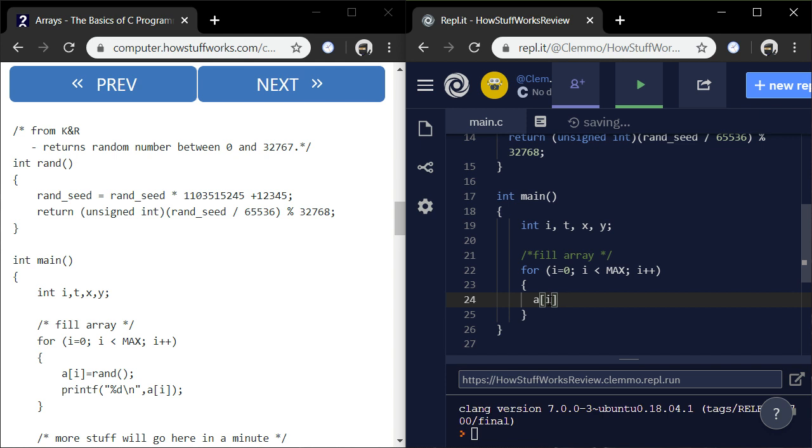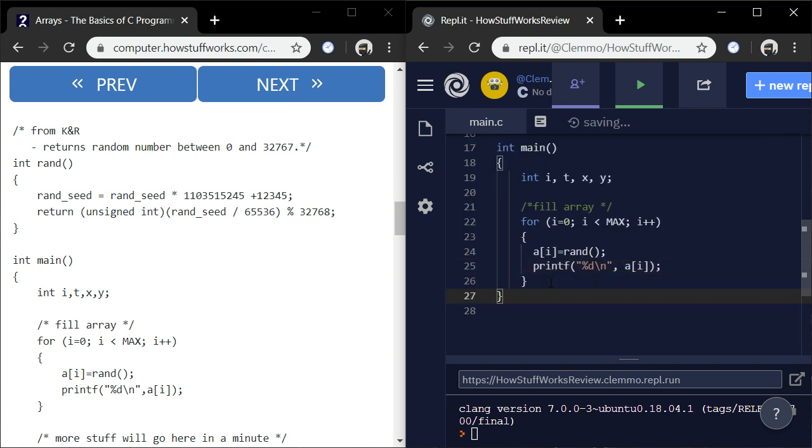a[i] equals rand, printf %d backslash n, a[i]. All right, and that's the end of that loop.